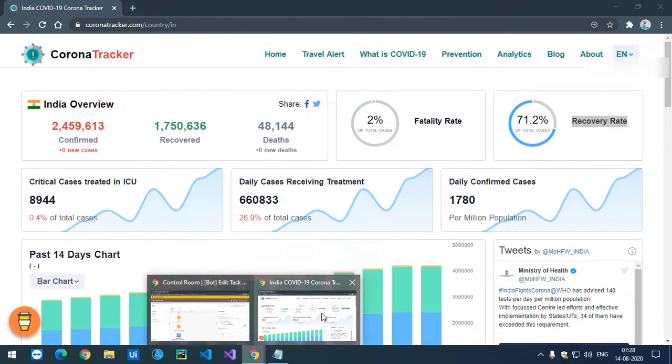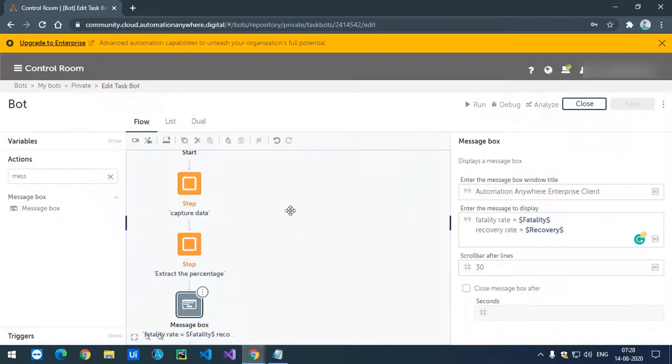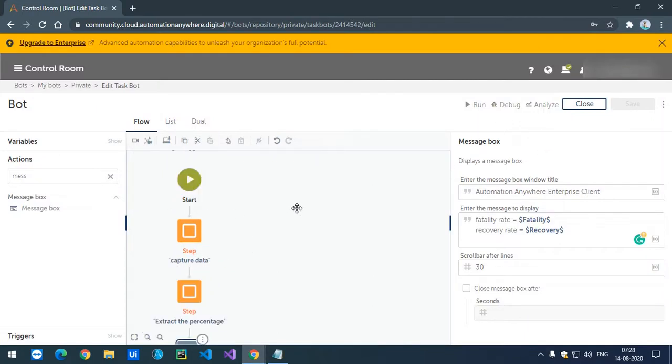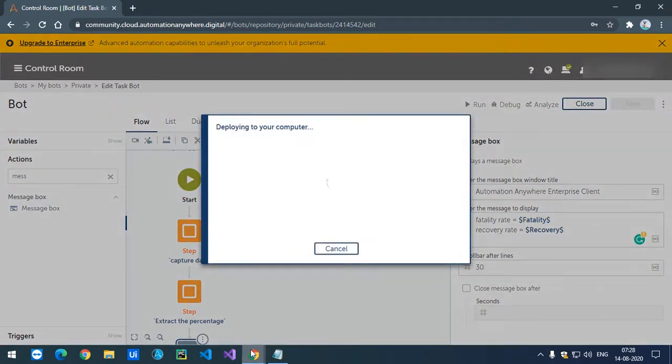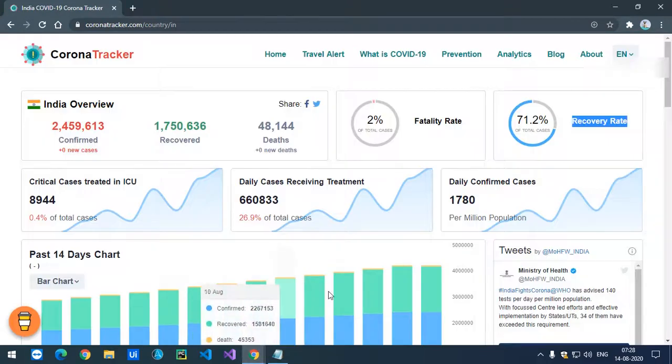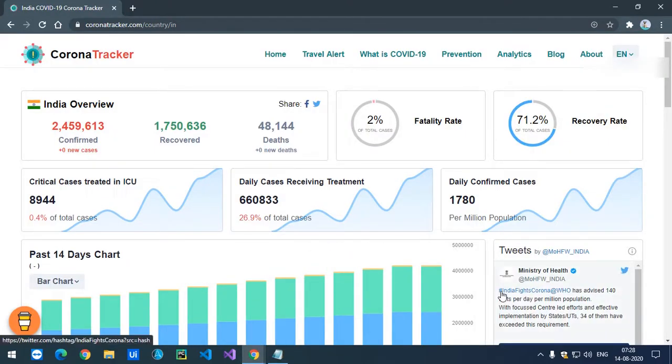Now I need to keep this window running. Then I'll just click on run the bot, and now you can see it is going to capture both 2% and 71.2%. Let's wait for the bot to run.